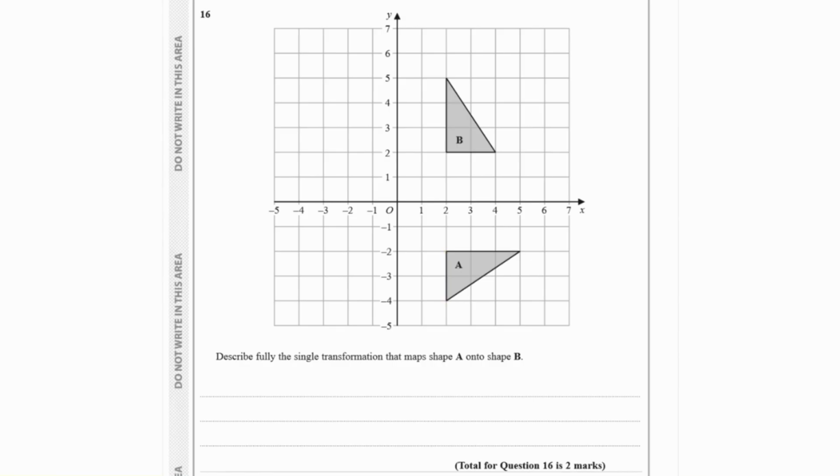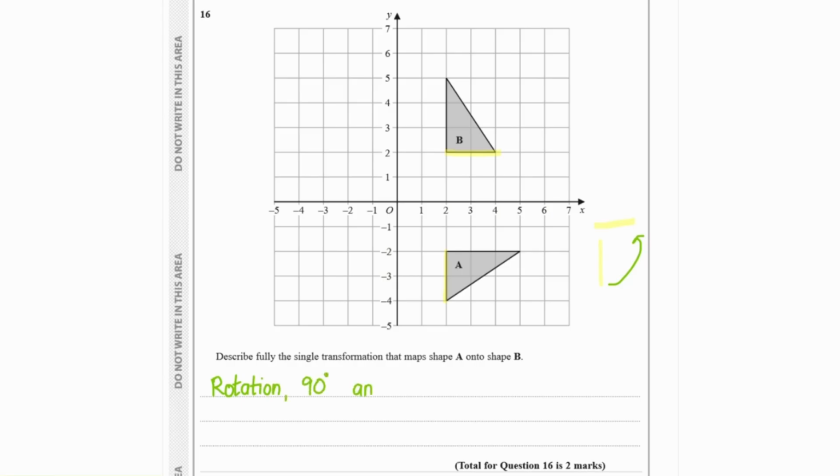Question 16. Describe fully the single transformation that maps shape A onto shape B. So first we can find the corresponding lengths in shape A and shape B. And this length in shape A, which is going vertically down, is this length in shape B, which is going across to the right. And as we can see, this has moved anti-clockwise and 90 degrees, and therefore we can say that this is a rotation